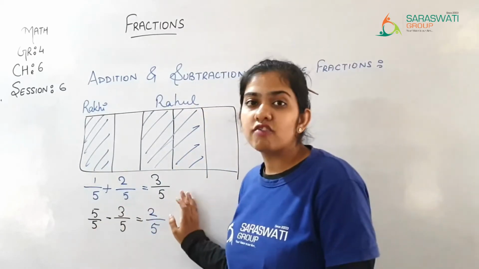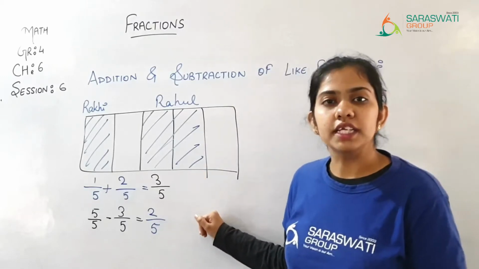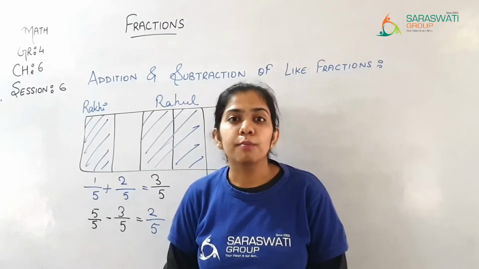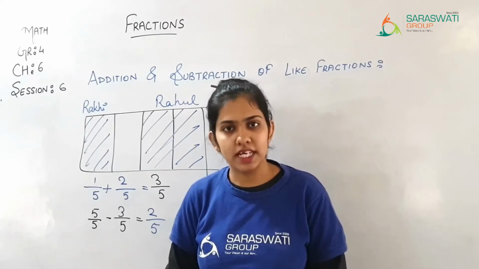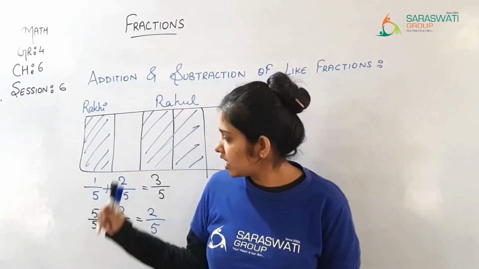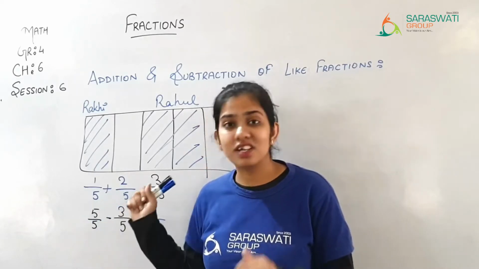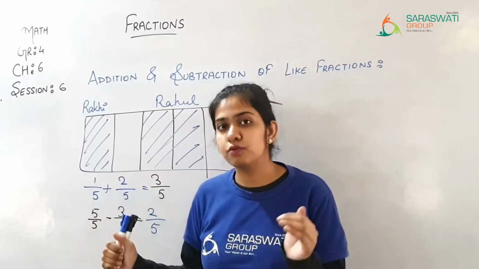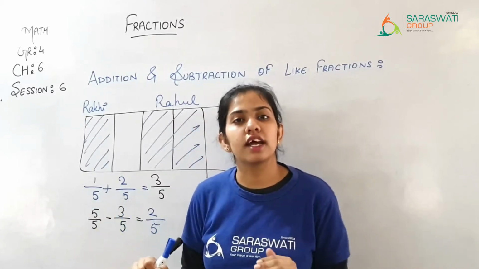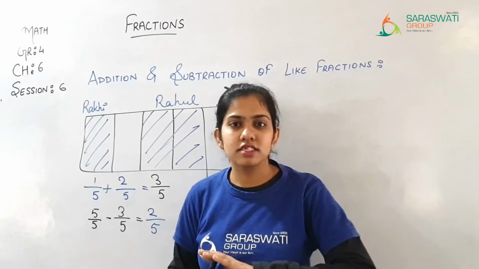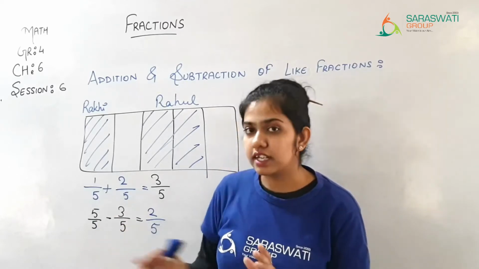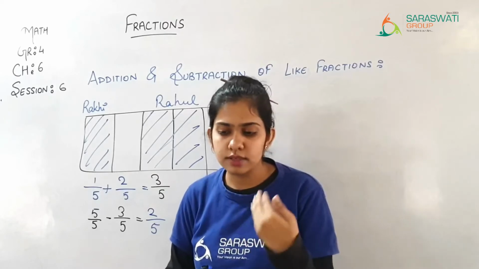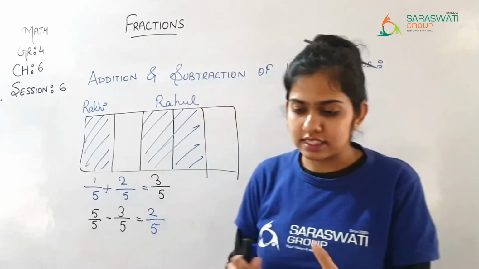So 2/5 part is remaining to be complete. ये 2/5 पार्ट जो है वो अभी कंप्लीट होने में पेंडिंग है, right? So when in like fractions the denominators are always same, you just have to add the numerators. आपको सिर्फ numerators को ही ऐड करना है, आपको denominators को वैसे के वैसे ही रहने देना है। You just have to add the numerators, that's it.